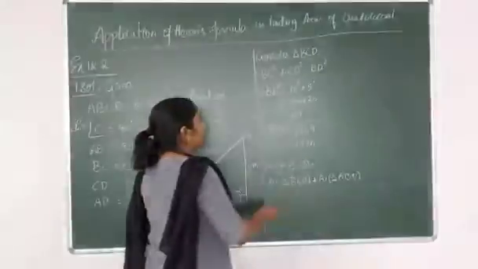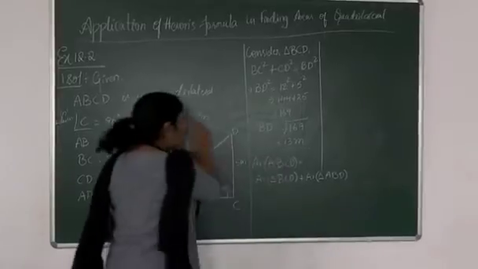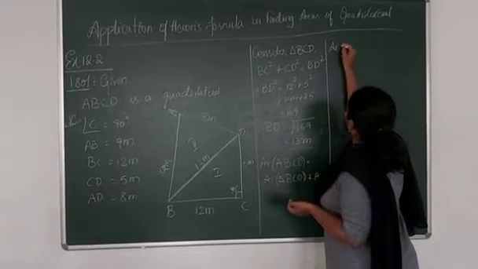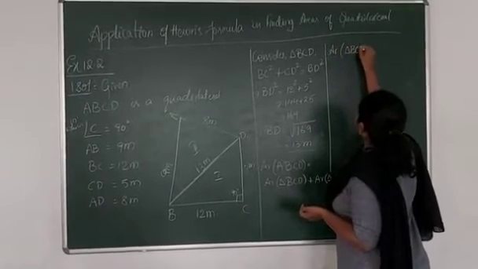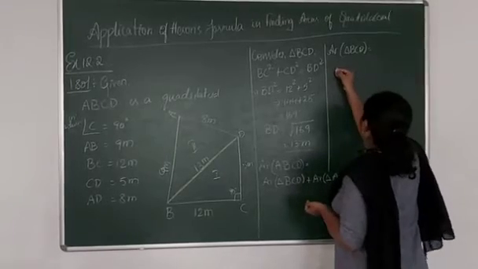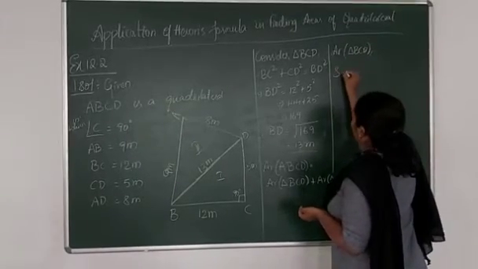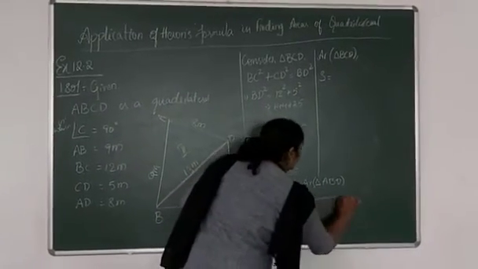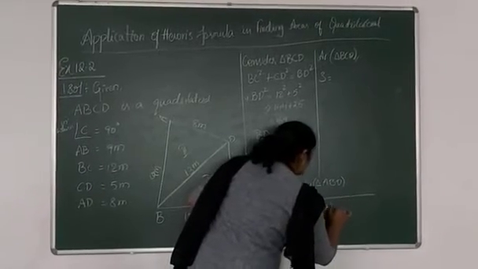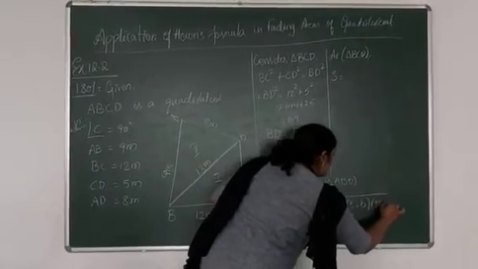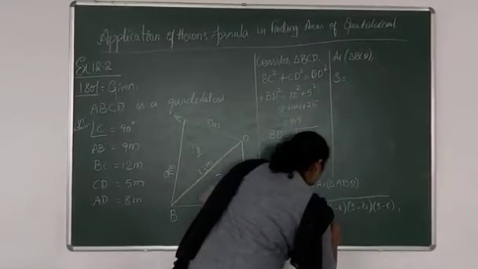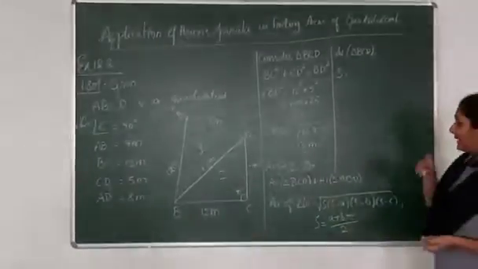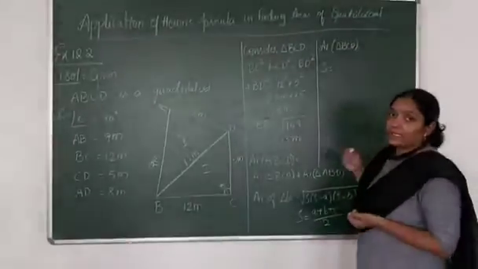Okay, so now since we have the measures of all the sides of the two triangles, let's apply Heron's formula here. Now area of triangle BCD is equal to, for this you will have to find out the value of S, right? Here we will be writing area of triangle is equal to square root of, everywhere in every problem you will be writing the formula, because you should not be forgetting it. Unless and until you write it multiple number of times, you will be tending to forget this. So always write the formula. Now based on this formula we will try to find out the areas of the two triangles.